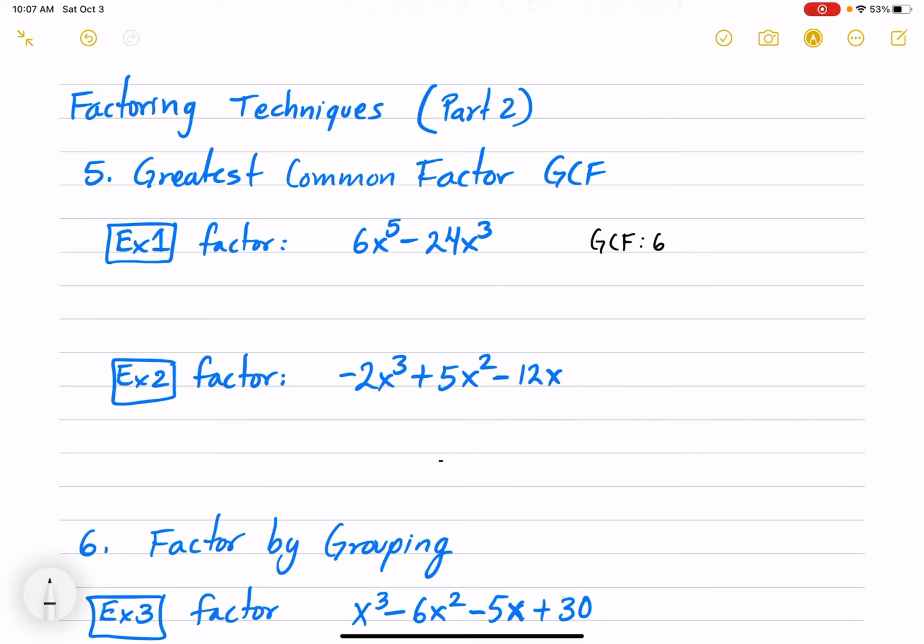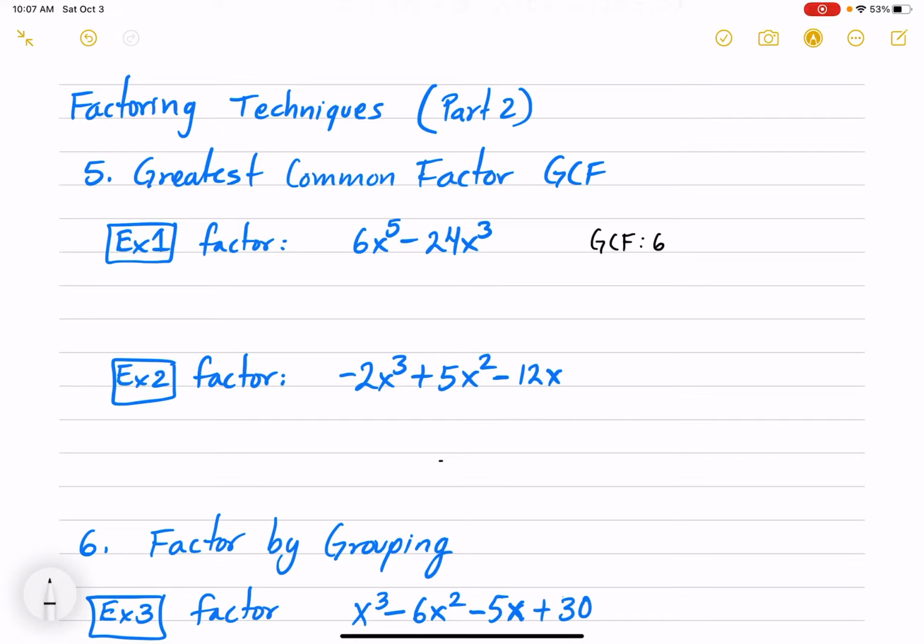Also, notice how they both have at least x to the third power in common. So these two terms are divisible by x to the third power, so we could make that part of the greatest common factor. Oops, x to the third power. And so factoring out the greatest common factor would mean to